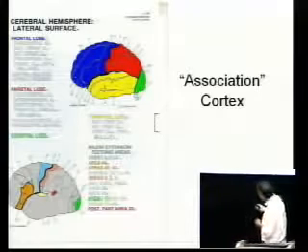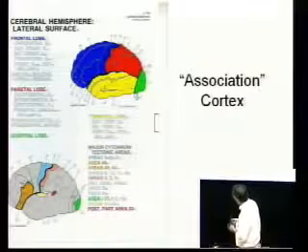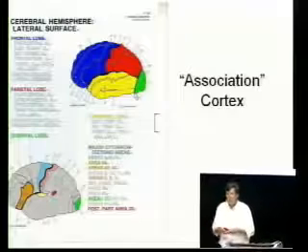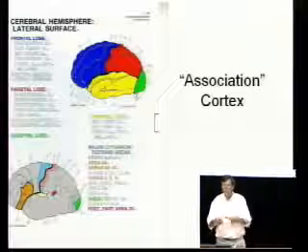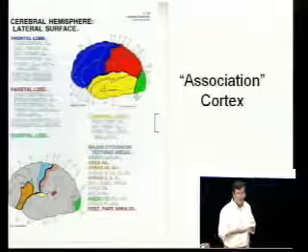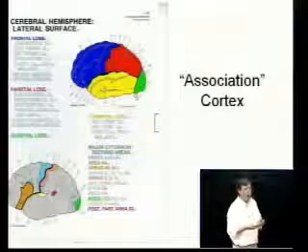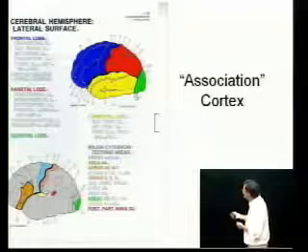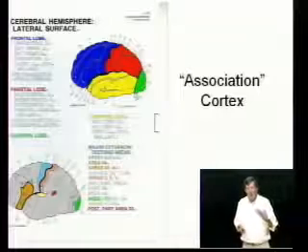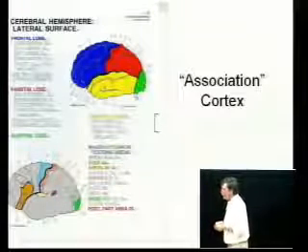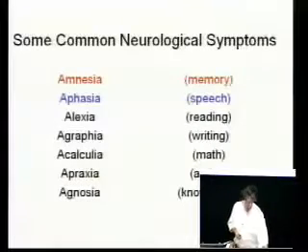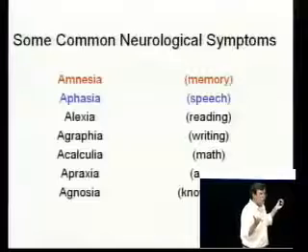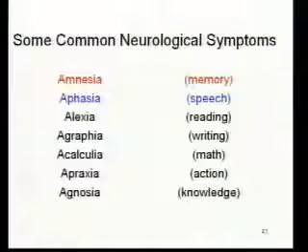We've already seen that prefrontal cortex, right up here, is something that is very, very well developed in humans. But the notion of association area is a little bit misleading, because we now know that there are portions of so-called association cortex that are also dedicated to particular kinds of mental functions. So, for example, there are lots of different neurological symptoms that we can observe resulting from brain damage.